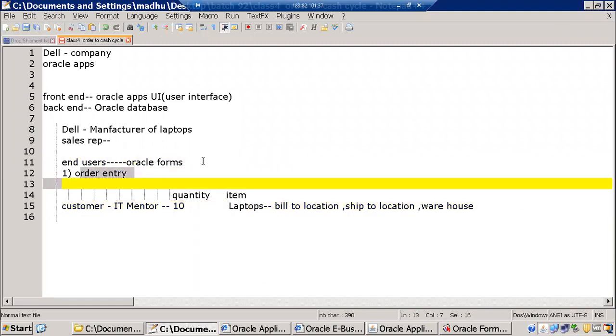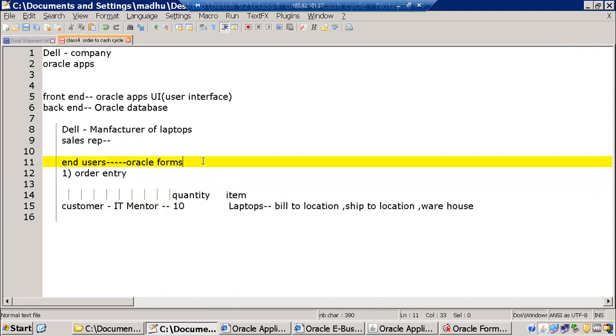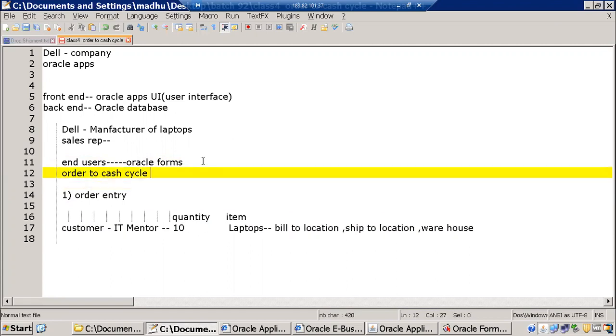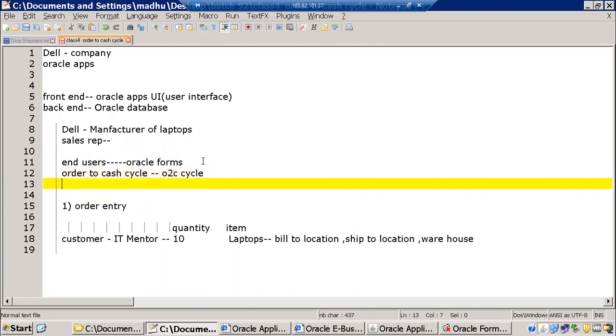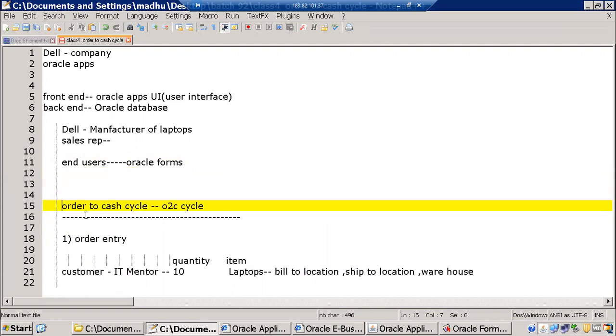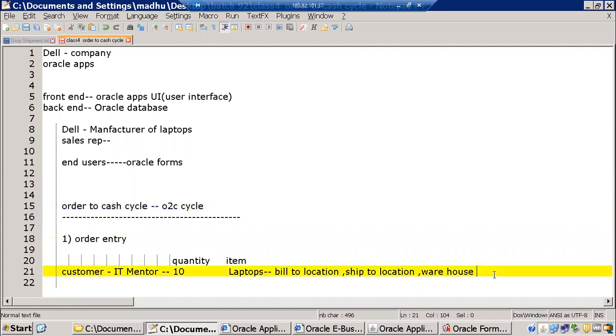This entire process of entering the order, picking the goods, shipping, and then delivering the bill and collecting the amount, all of this happens through one process. That process is called the order to cash cycle. It's a process with fixed steps here. In short form, it is the O2C cycle. In the O2C cycle, there are 7, 8 steps, but the first step is over. Now, the second step here is